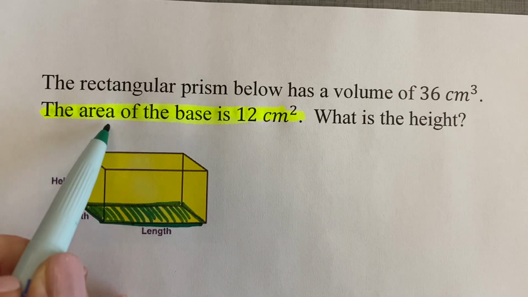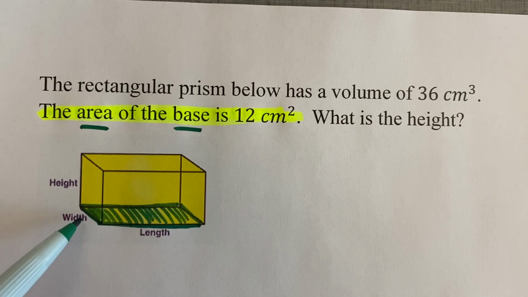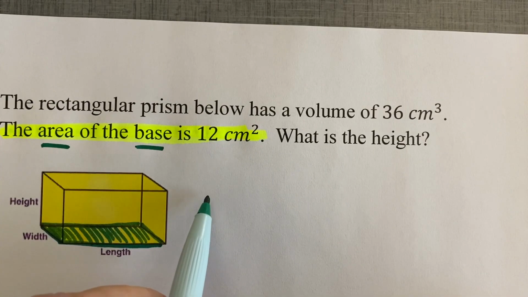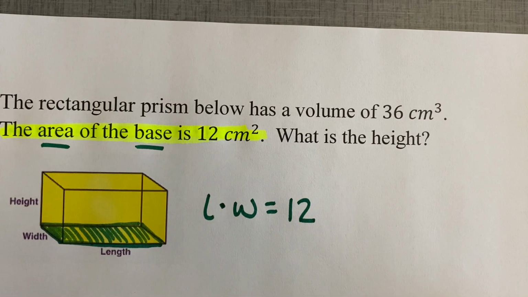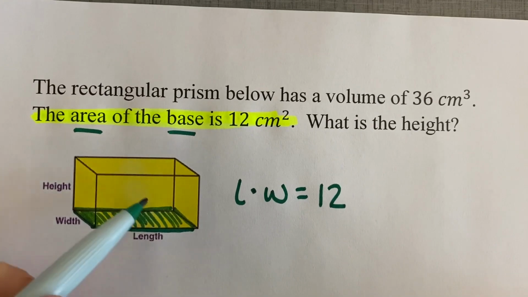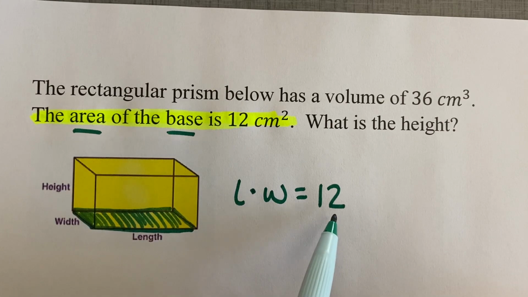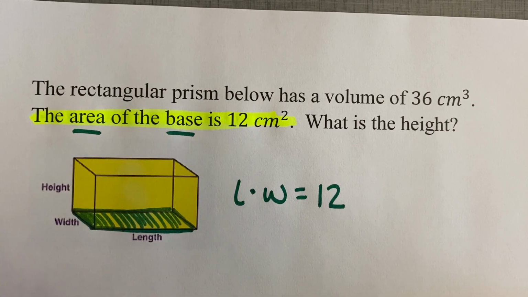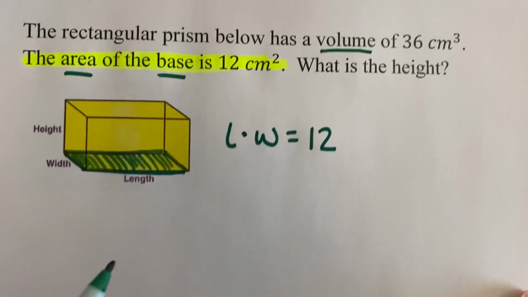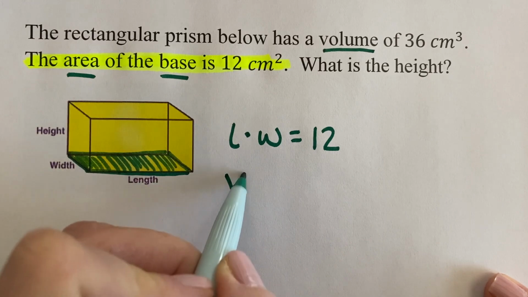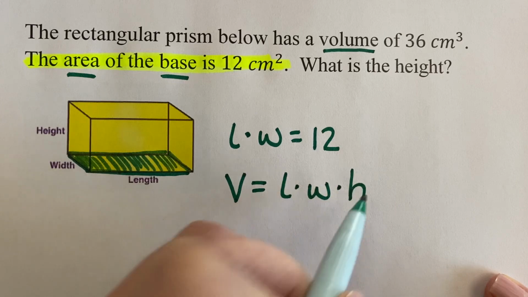And when talking about the area of the base, well, the area of a rectangle is length times width. So I would argue that the length times the width is equal to 12. Are we okay there? So the area of this base, length times width, it's already done for me, 12. So, well, what are we going to do with this now? We're talking up here about volume. Well, if we go ahead and write the volume of a rectangular prism, which is length times width times height,